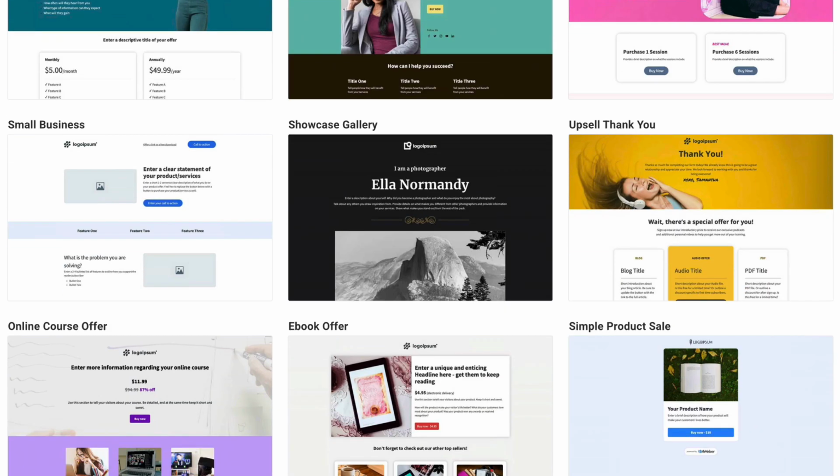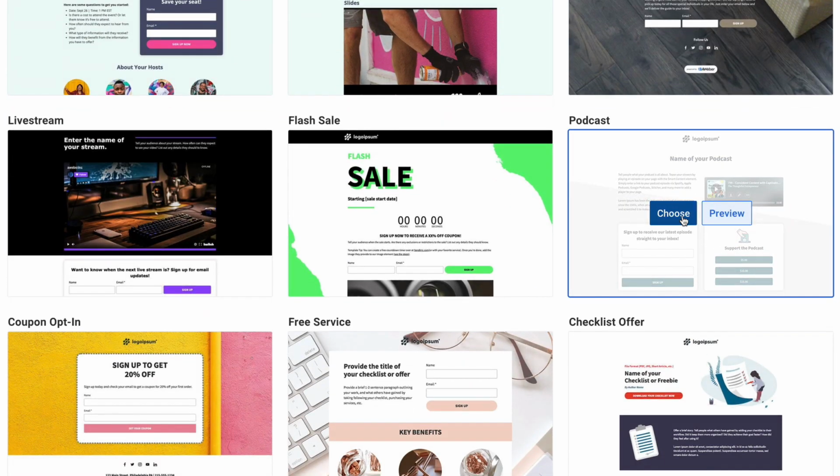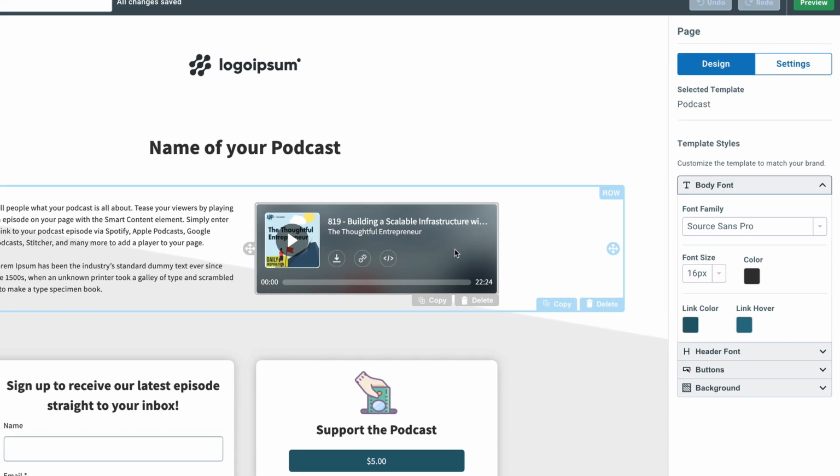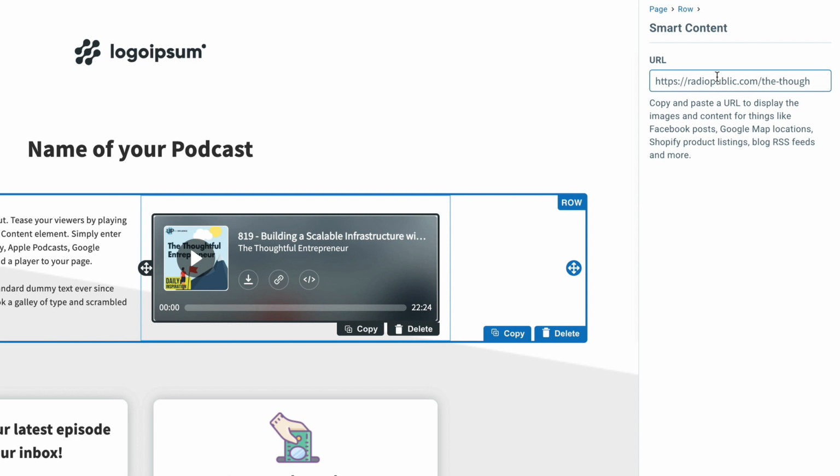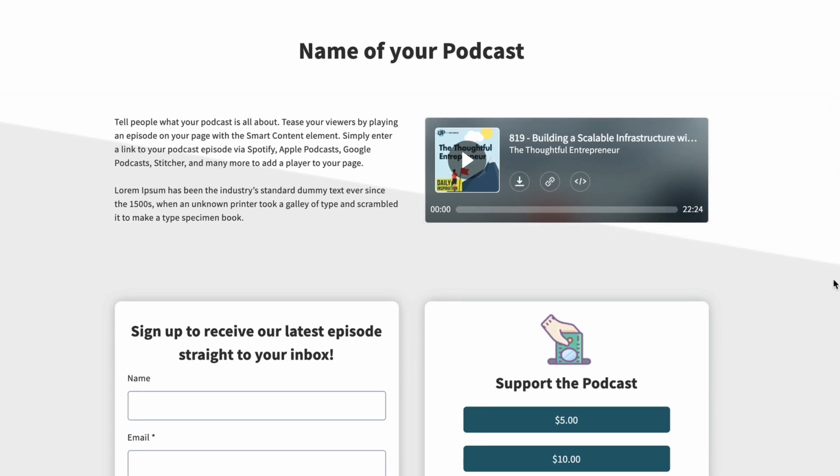Finally, I just wanted to point out our podcasting template. This is an older landing page template that we have that has a place to put a podcast snippet. But now we've also added a widget down here that gives you those separate buttons with those different donation intervals that you can easily set up.